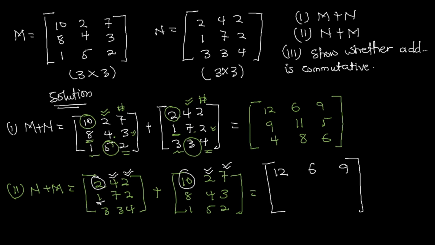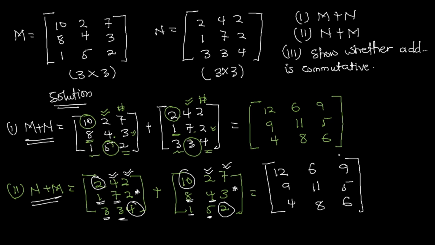If we add the 1 over here to the 8 over here, we are going to get 9. Then we have 7 plus 4, that is going to give us 11. Then we have 2, and then we have 3. So 2 plus 3, that is going to give us 5. If we add 3 and 1, we are going to get 4. If we add 3 and 5, we are going to get 8. And if we add 4 and 2, we are going to get 6. So this is N plus M, and then this is